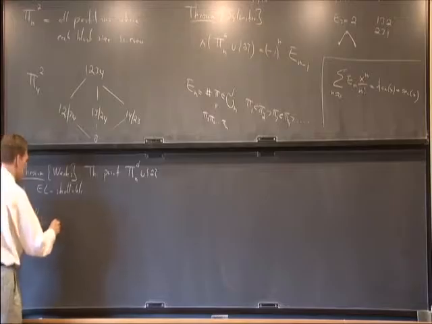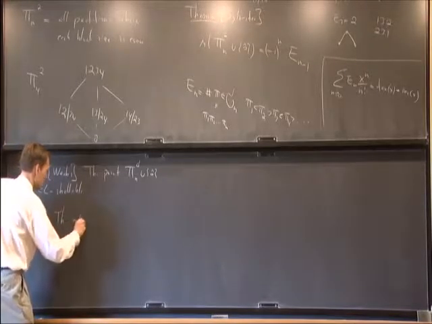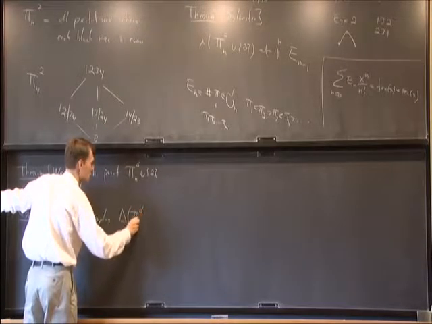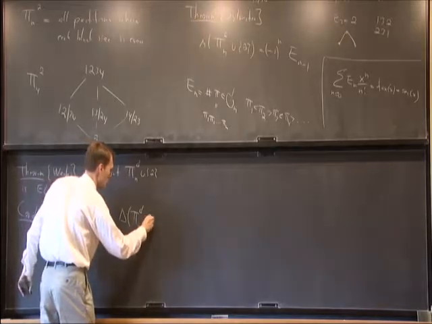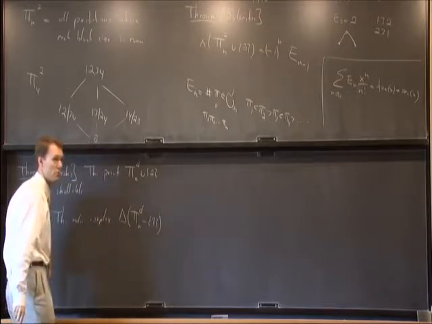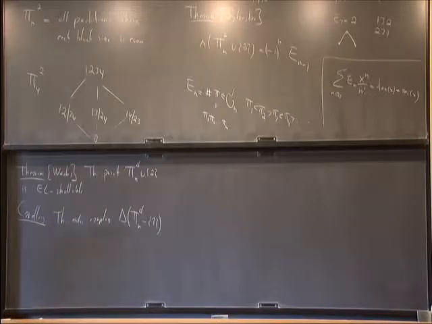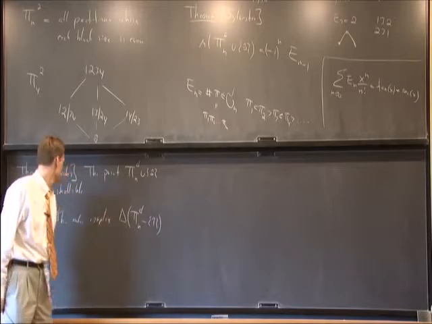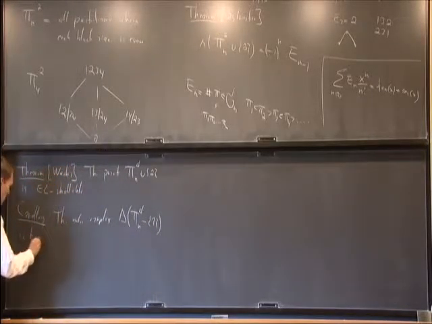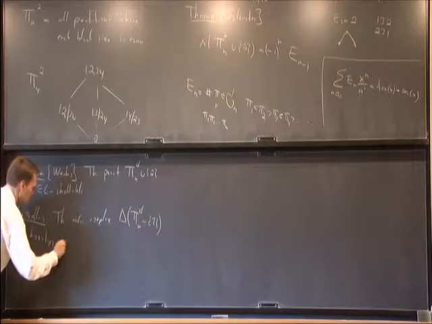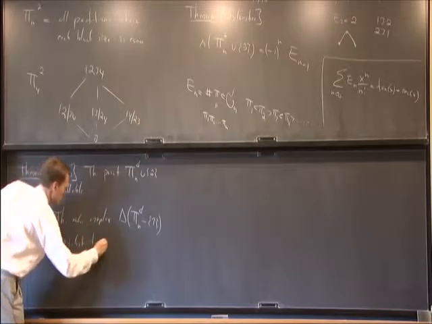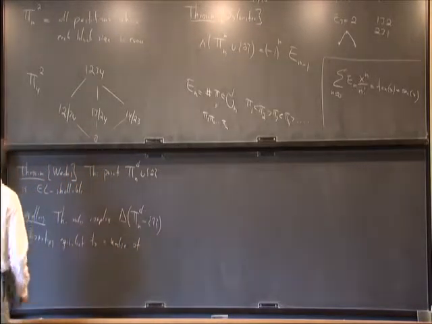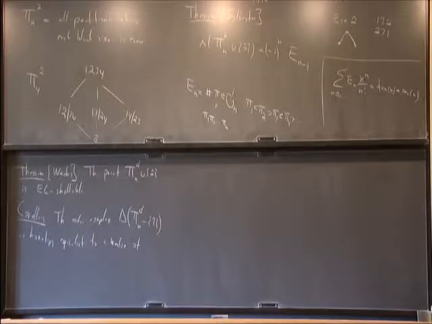Corollary, the order complex when I take this poset and I remove the top element, which I had to remove because otherwise the order complex would be contractible and have no interesting topology, is homotopy equivalent to a wedge of, well, that many spheres